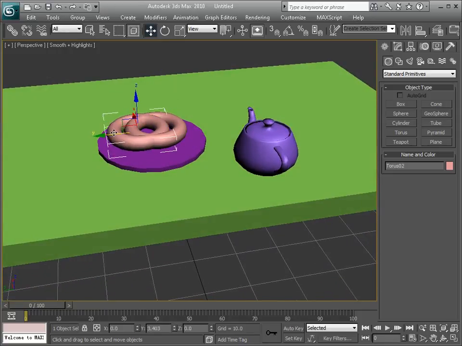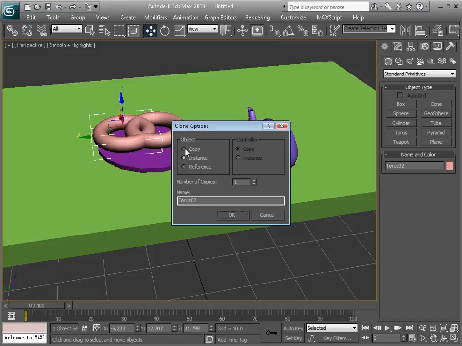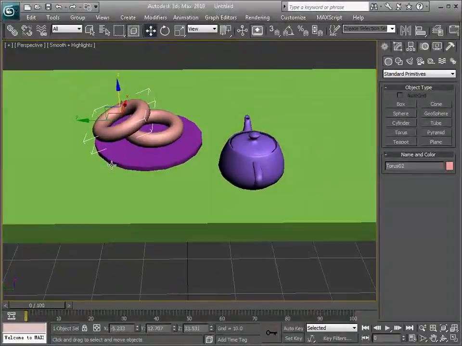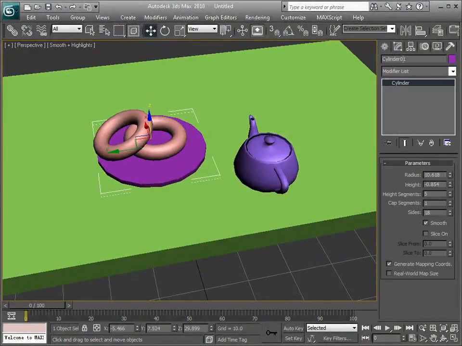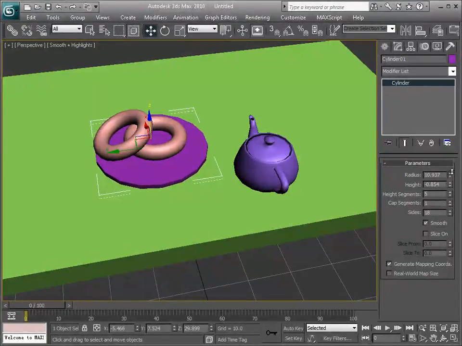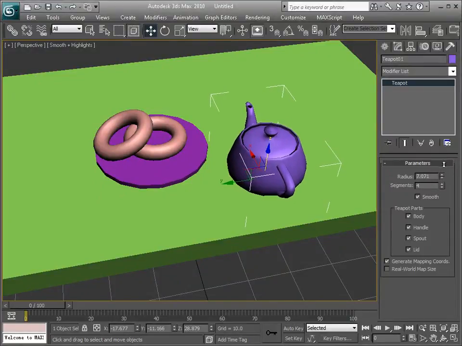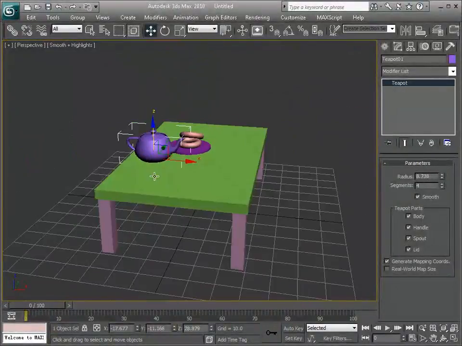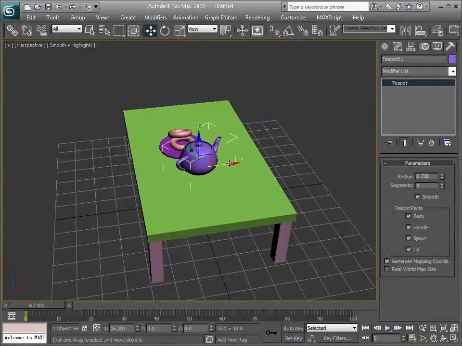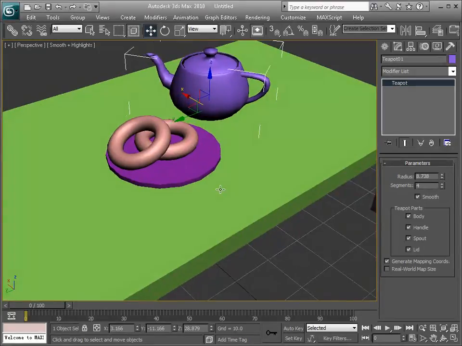Okay, I just want to make another donut for this. Okay, let's say one is not enough for me. Okay, I'll make it an instance, or maybe I'll make a copy. Maybe one of my donut is a different size. I just rotate it slightly. Okay, and just move it on top of the other one. Okay, so to make it more realistic. Okay, and maybe my plate is slightly small, so I'll just click on the radius, make it bigger. Okay, even my teapot is slightly small, so yeah, so maybe this is better. Maybe I'll shift it slightly, okay, just to give it a little nice composition,